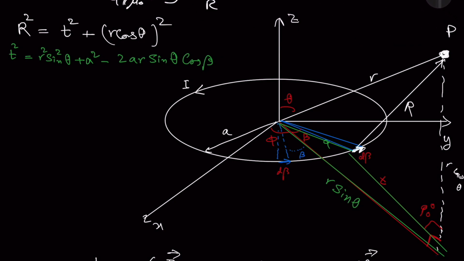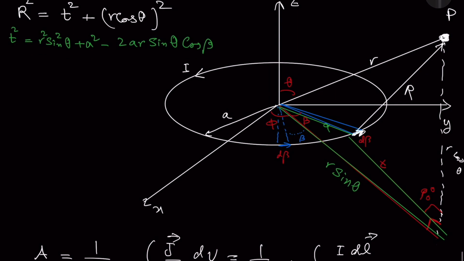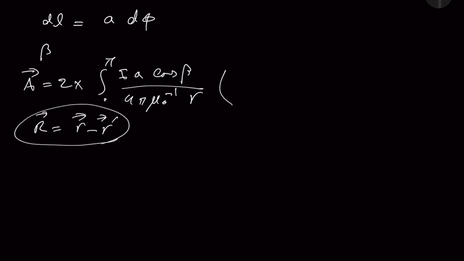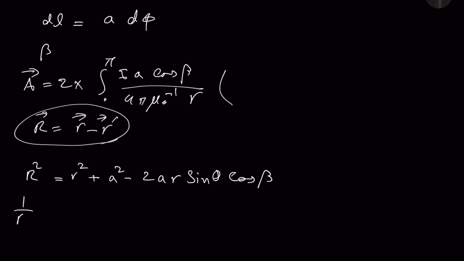And then using that t up above, for big R we're going to have R squared is equal to small r squared plus a squared minus 2ar sine of theta cosine of beta. All right, and then what is 1 over R, that's going to be 1 over